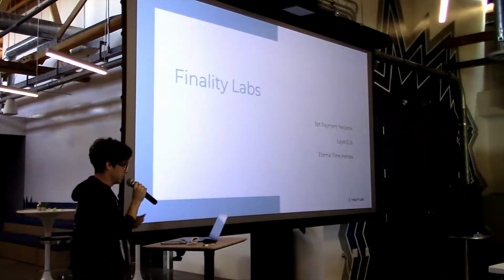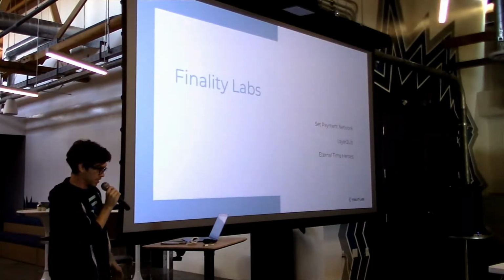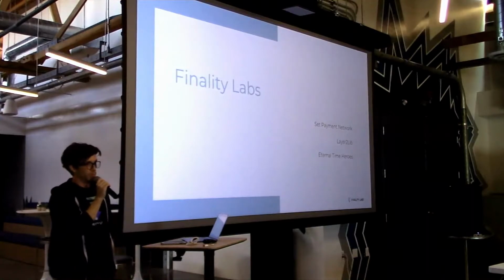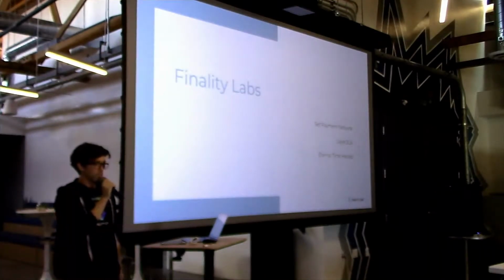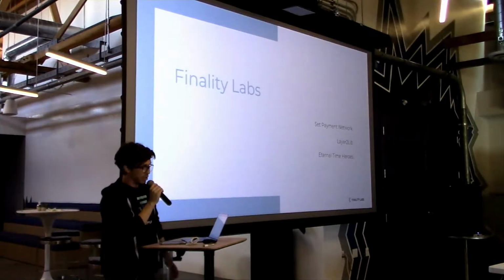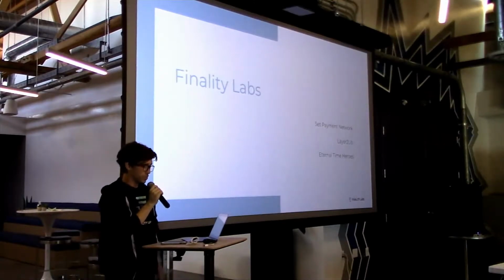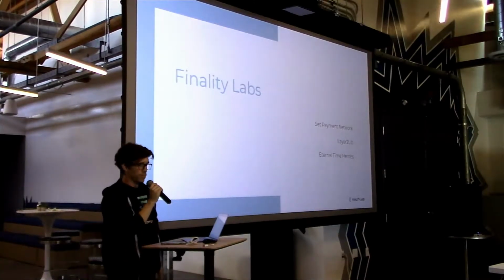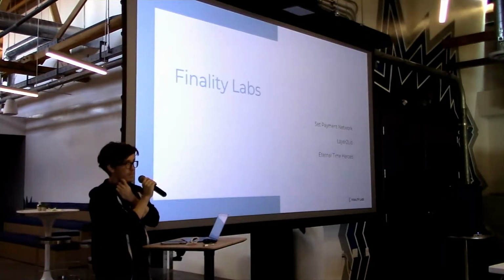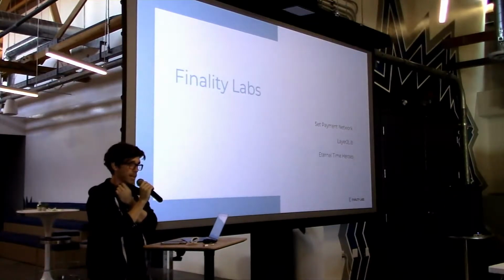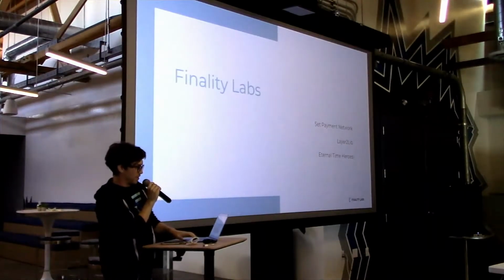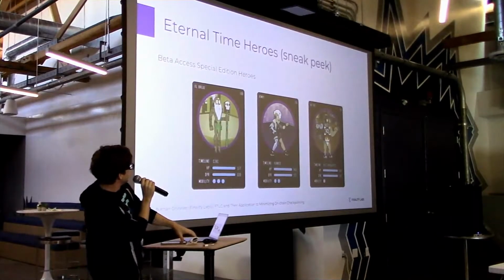So how does all this come together? I'm trying to build it into an actual functioning payment network. It'll be hopefully ready in the next 3 or 4 months and testable, and you should be able to just deposit some sort of currency on there and run offline payments and offline atomic swaps with people. We'll build a library called ETHEREUM for everybody to interact with this and build tools around it. And I'm also trying to build a game on top of this that we're calling Eternal Time Heroes. And that's swapping NFTs by battling and using advanced logic inside of state channels in a similar way to what Mac will present to you guys. And have a little bit of a teaser of what that looks like.